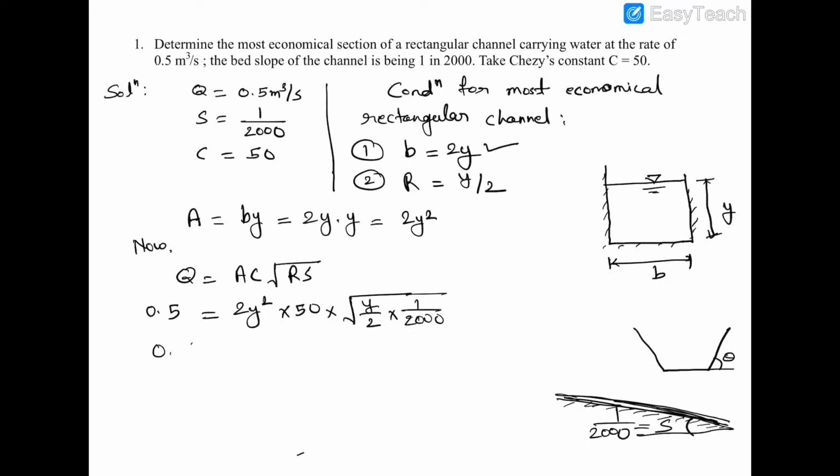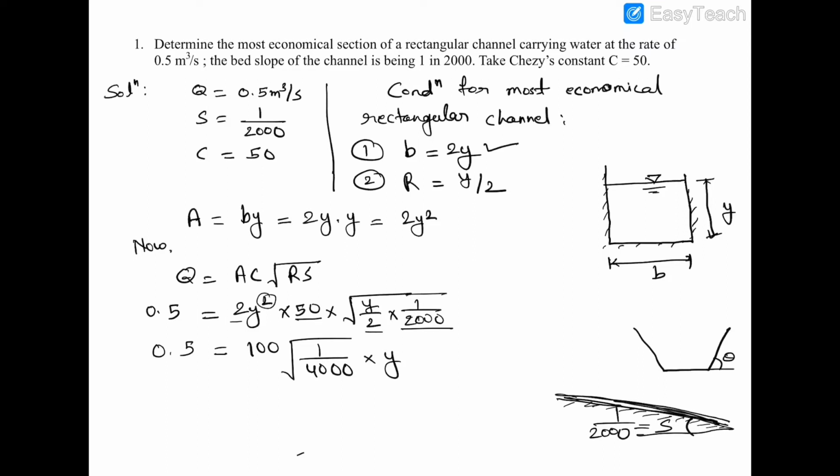So 0.5 is equal to 50 multiplied by 2 is 100, root over 1 by 2000 multiplied by 2 is 4000, and here multiply by y to the power 2